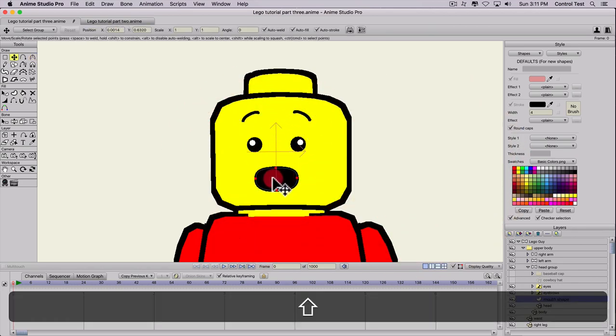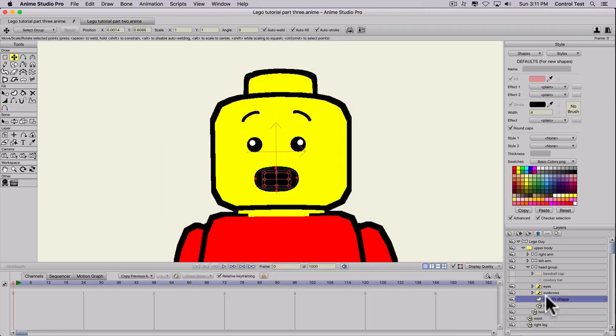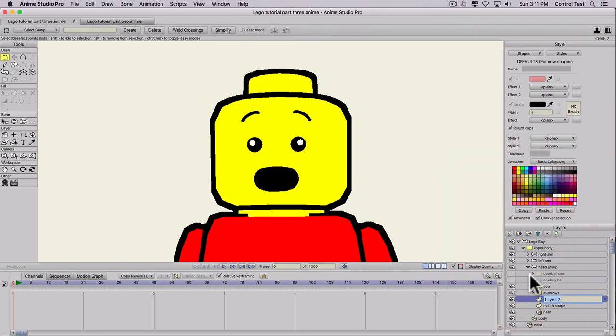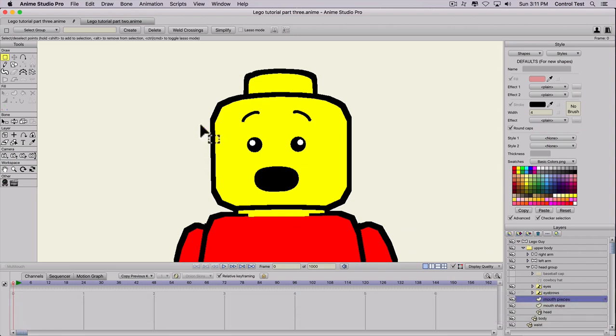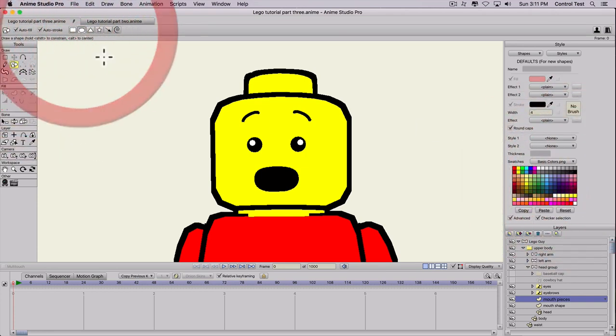And let's move this down for a second. And then we're going to make another layer. We'll go ahead and call this new vector layer mouth pieces. So this is going to have the tongue and the teeth. And we'll go ahead and draw, let's select pink and create a new shape and circle. Go ahead and draw